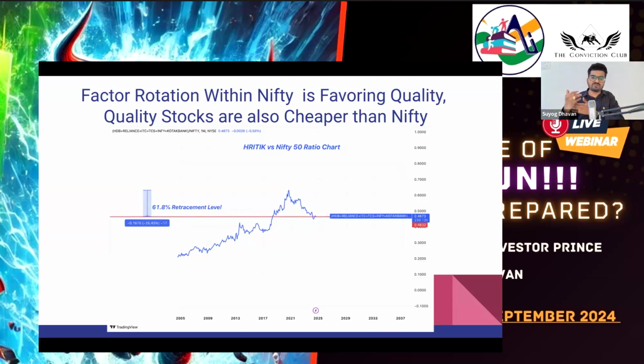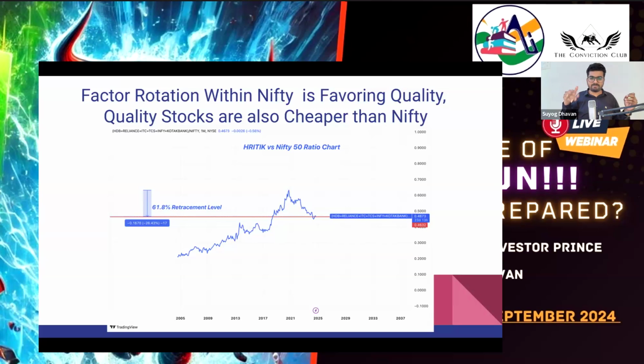ऋतिक जब मैं बोलता हूं तब मैं क्वालिटी स्टॉक्स बोलता हूं. तो क्वालिटी स्टॉक्स will do much better than the Nifty, and this is the safest place to hide. अगर मैं स्मॉल कैप से बाहर निकल रहा हूं, और मैं एग्रेसिव हूं, मुझे इक्विटी रहना ही है, लास्ट फेज ऑफ बुल रन प्ले आउट करना ही है, तो I have done